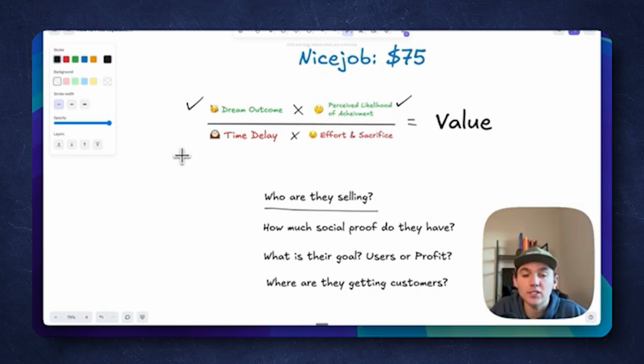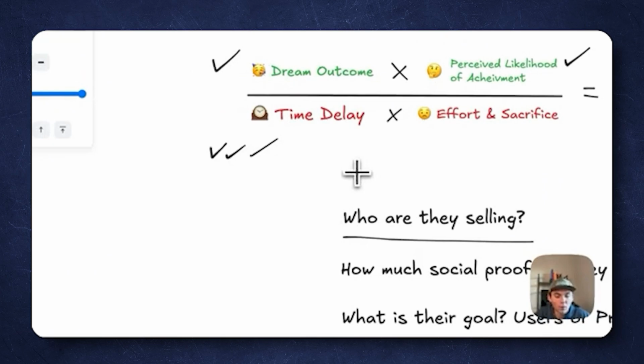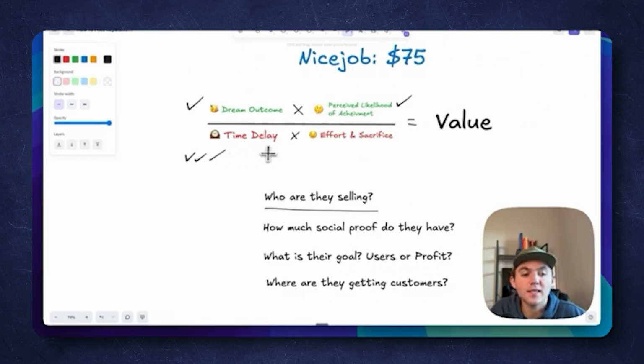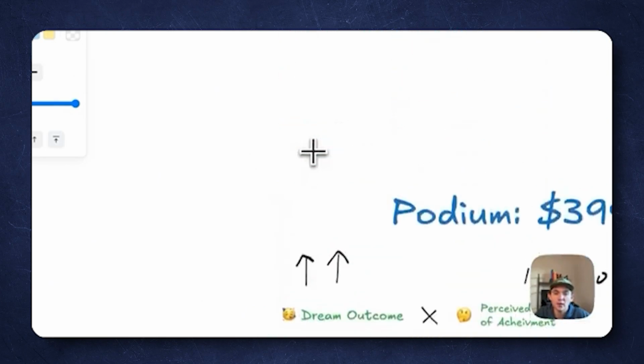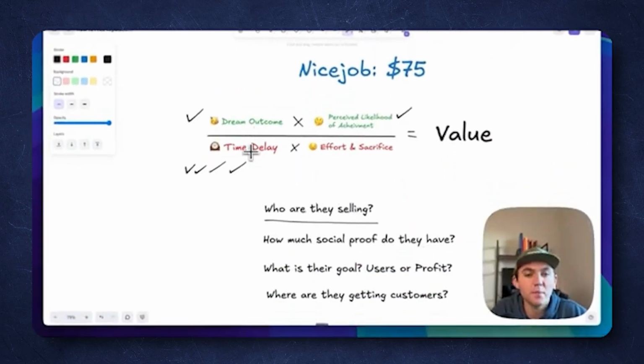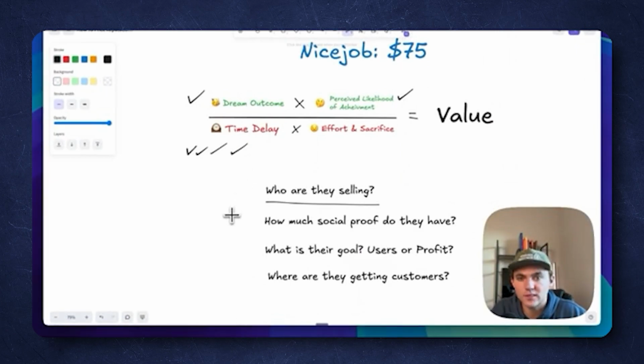Time delay, NiceJob does an awesome job of making the onboarding process very simple where you can get set up yourself and start getting reviews within hours. And so their process is very clean cut, very simple. They take you one step at a time and they're just focused on getting Google reviews. And they're not like Podium or BirdEye right now where they're selling you a million different things. They're getting that way. They're offering sites and a bunch of other stuff, but they're not selling you a million different things and they keep it very focused so you can shrink that time delay and you can start getting